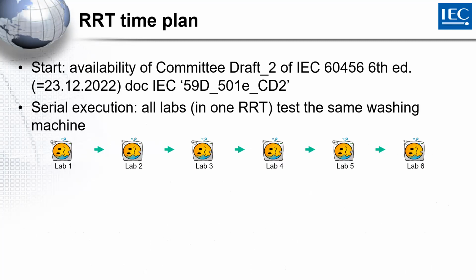What we are doing is a serial execution in all the round-robin tests, meaning all labs will test the same washing machine. So this means the machine has to go from one lab to the other lab to be tested. And so we will have a series of, let's say, 6 or sometimes even 7 laboratories which have to make the test on the washing machine. So you see, at the end, this is a long process